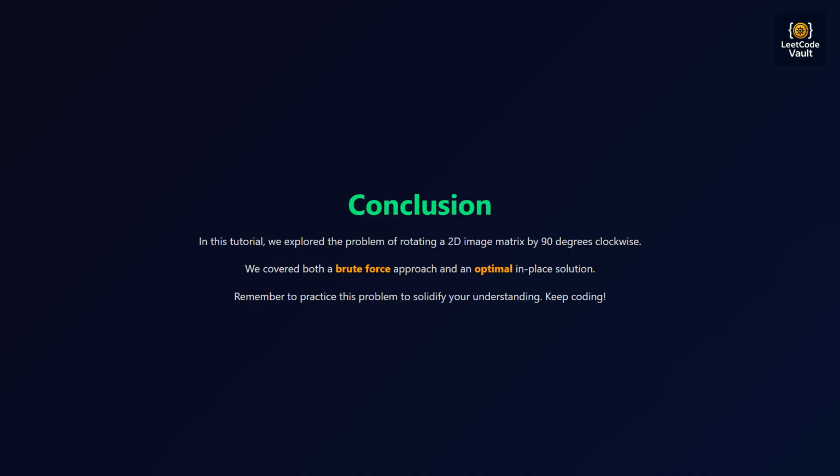Conclusion. In this video, we explored the LeetCode rotate image problem, understanding its intricacies, and implementing an efficient solution. We began with a brute force approach, highlighting its limitations, and then moved on to an optimized in-place approach using transposing and row reversal. We analyzed both the time and space complexities, demonstrating the significant improvement achieved through our refined solution. Remember, understanding different approaches and choosing the most appropriate one is key to effective